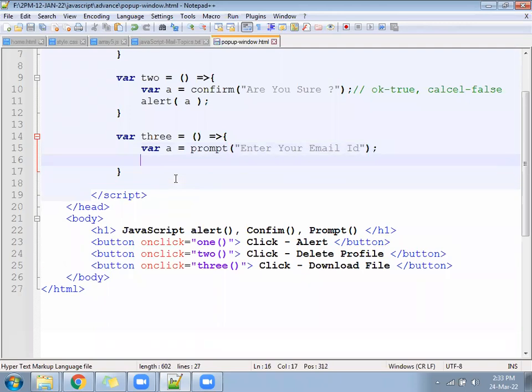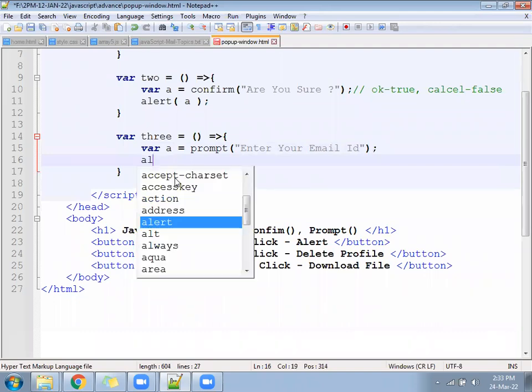People will enter the email id and that will come into the a variable. You will give them the message